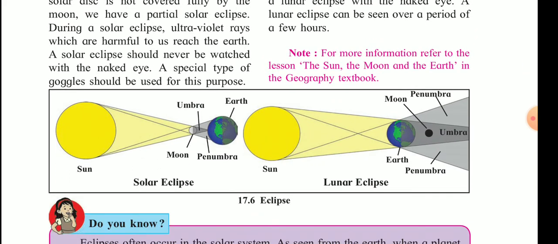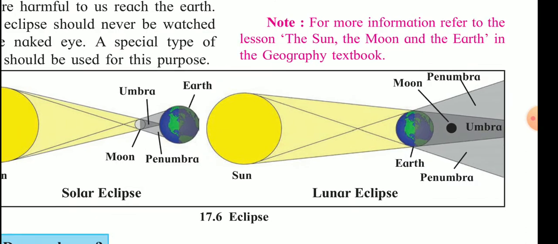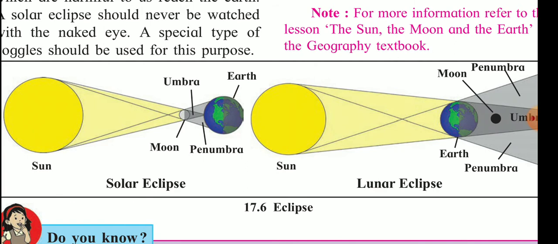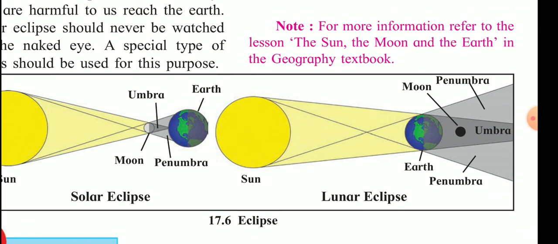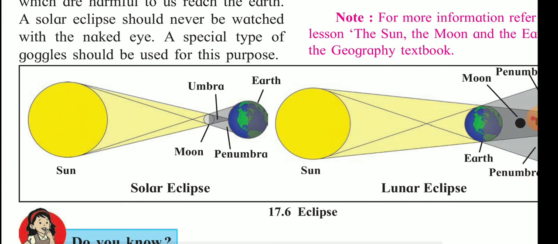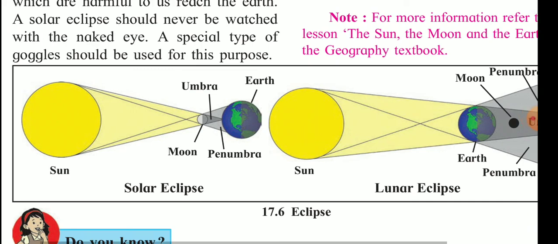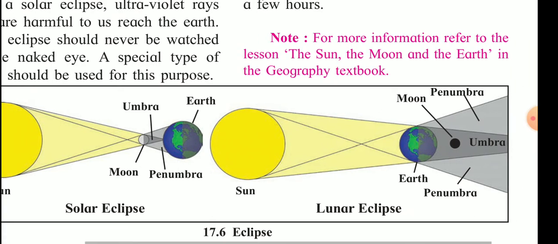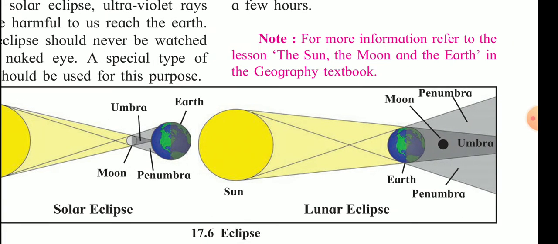Now here see, this is the diagram for the lunar and the solar eclipse. The difference is that the solar eclipse takes place on new moon day, and the lunar eclipse on full moon day. During solar eclipse, the moon is between the sun and the earth, S-M-E, and during lunar eclipse, the earth is between the sun and the moon, S-E-M. During solar eclipse, the shadow of the moon is cast on the earth, and during lunar eclipse the shadow of the earth is cast on the moon, and so the moon cannot be seen.